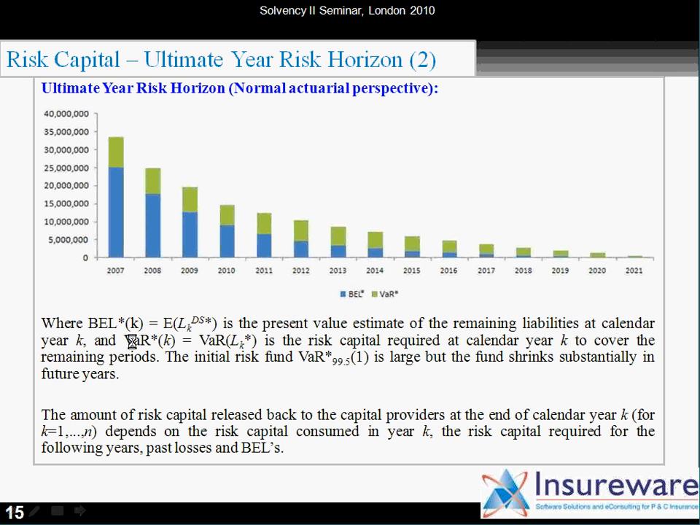So basically now you have the best estimates, the mean reserves, but on top of the mean reserves you've got VaRs, and these VaRs are the VaRs from the year till runoff. So this will be VaR star 1, VaR star 2007, VaR star 2008, which is the VaR up to the end of the runoff. So pictorially,